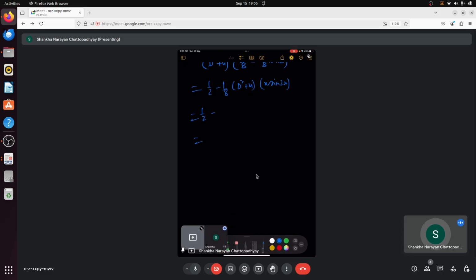First multiply 1 minus 1 by 8. This x, first you apply, now here you determine d square of x sin 2x. So that means d of x sin 2x. This d of x sin 2x is nothing but sin 2x plus